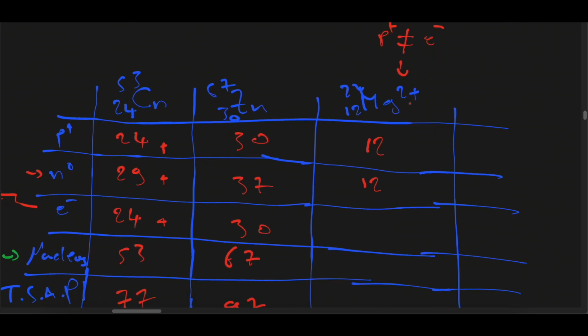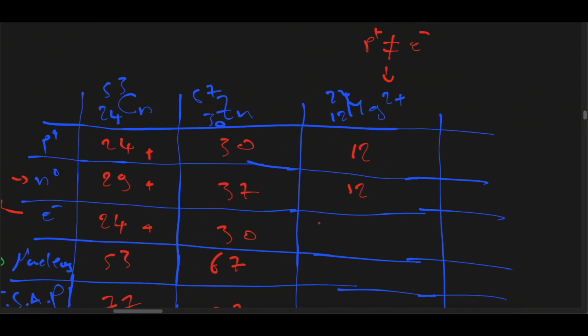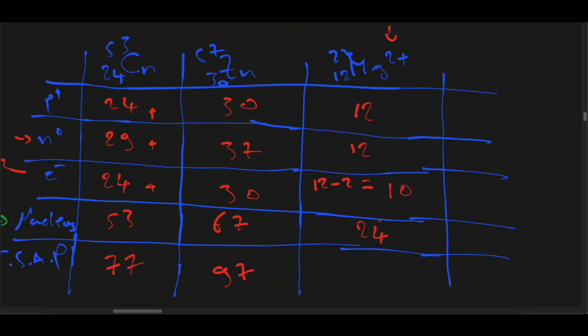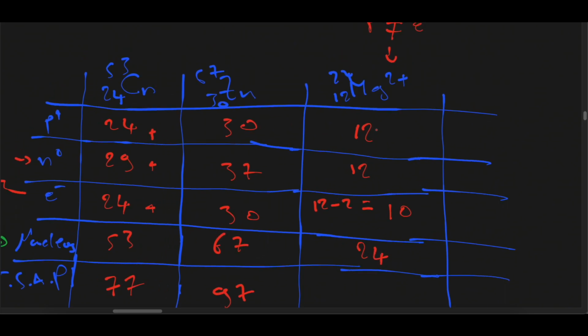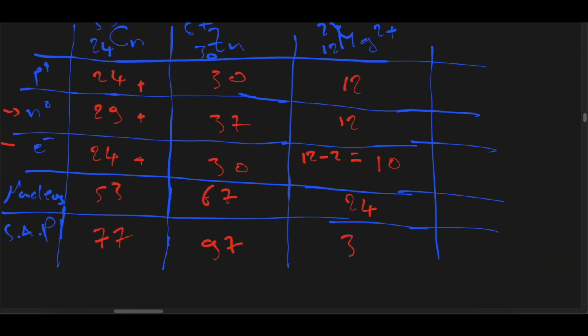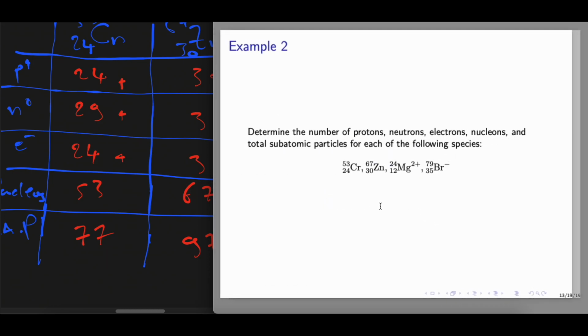Here we have two electrons that have been removed, which means that the number of electrons will be 12 minus 2, which gives 10. The number of nucleons is 24, because they are the sum of protons and neutrons, and the total subatomic particles